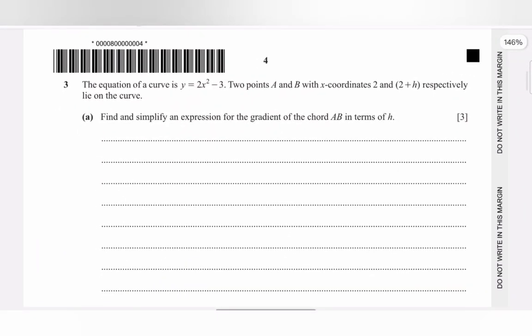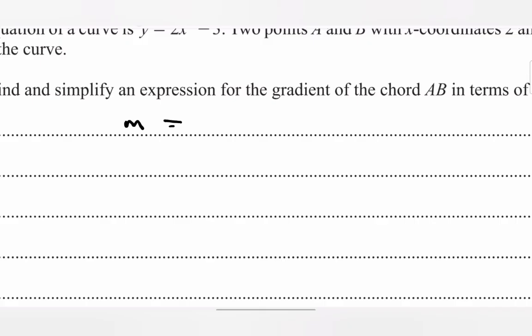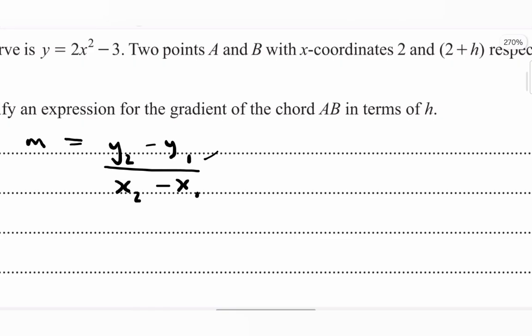And for number 3, it's saying the equation of a curve is y equals 2x squared minus 3, and 2 points A and B with x coordinates 2 and 2 plus h respectively lie on the curve. Part A is saying find and simplify an expression for the gradient of the chord AB in terms of h. And so we know that gradient, which we can say is m, is equal to y2 minus y1 over x2 minus x1. And so this is telling us that we need 2 coordinates, which we can name x1, y1,